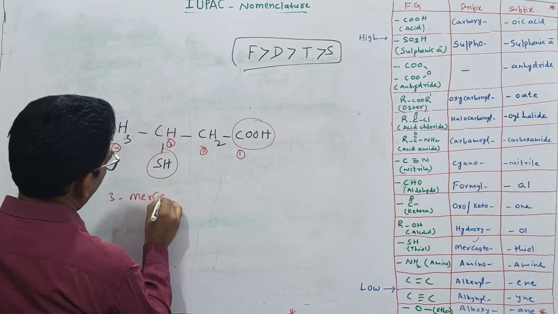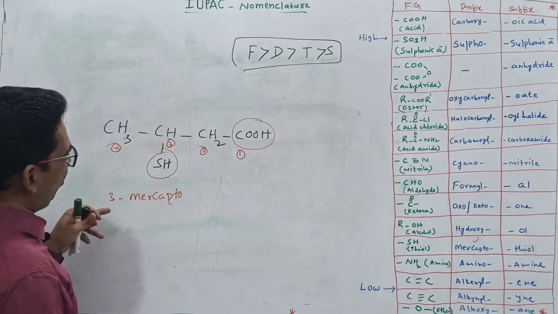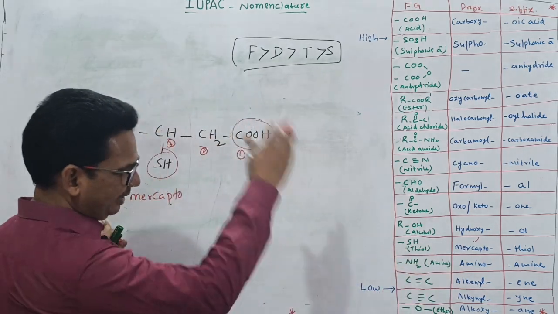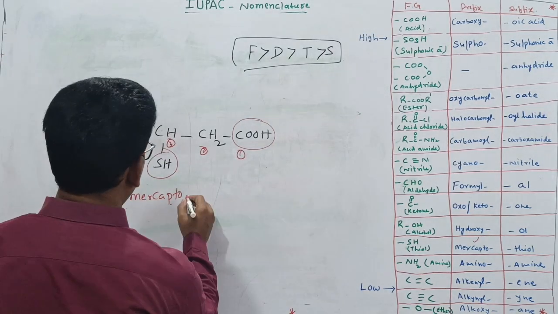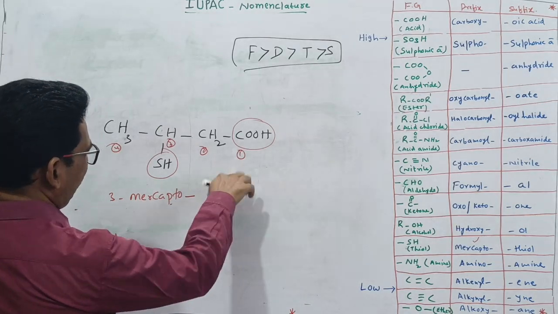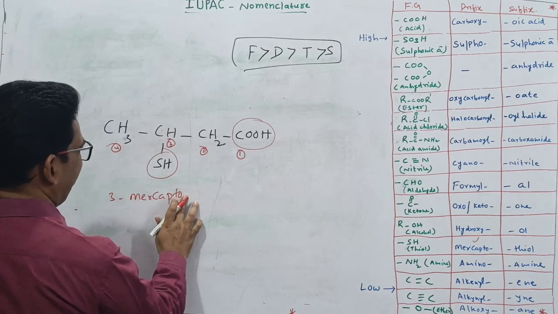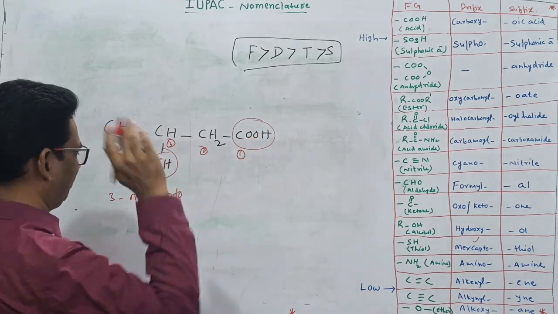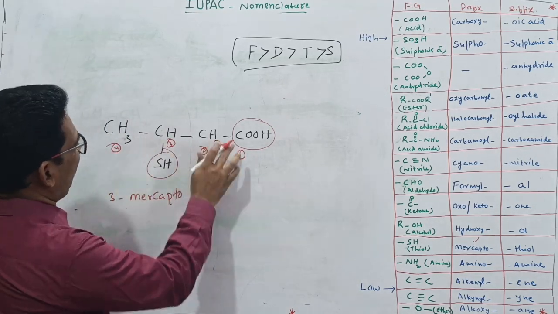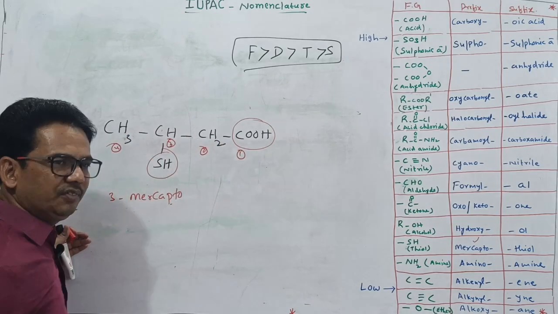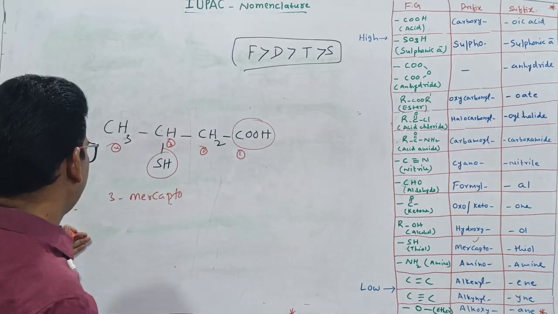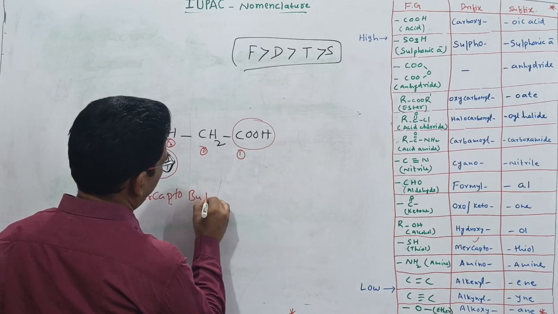That's why first I will give the numbering. 1, 2, 3, 4. Then first what do I have to write? Substituent, I always have to write the prefix first. Then 3-mercapto, because I have to write it as the prefix. The prefix for the thiol is mercapto. Remember that, that's why memorize it. Mercapto, then hyphen, then you mention the number. Here the acid is the most prior group present at the first position. 3-mercapto. What is the word root? Prefix is over, then the word root 1, 2, 3, 4. What does it become? But. 3-mercapto, but,